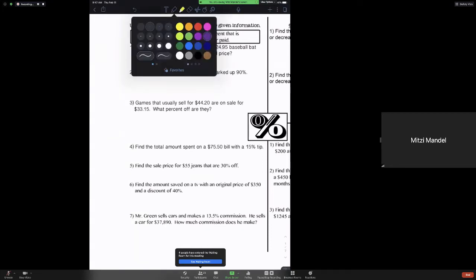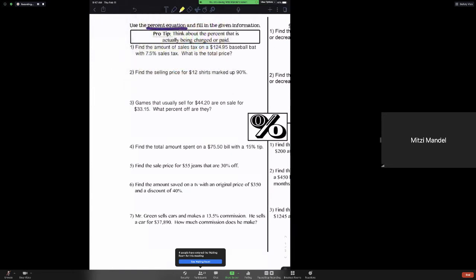All right, and remember our tip here, you always want to be thinking about how much are you actually paying or being charged, and pay close attention to what they're asking you to find. Sometimes they just want the discount, or they just want the tip or the tax, and other times they want the total. So pay close attention to what they're asking you to find, and that'll help you do the least amount of work, right? All right, so the first one says, find the amount of sales tax on a $124.95